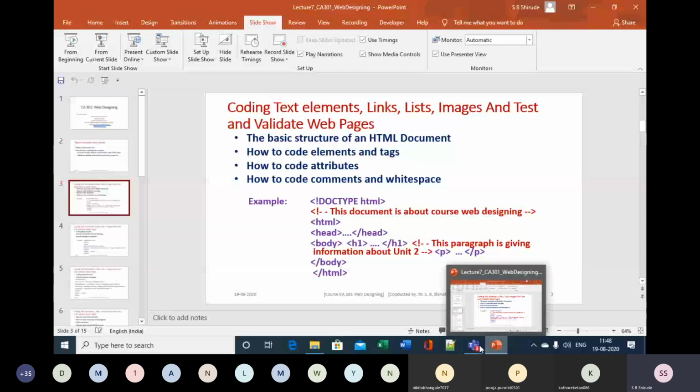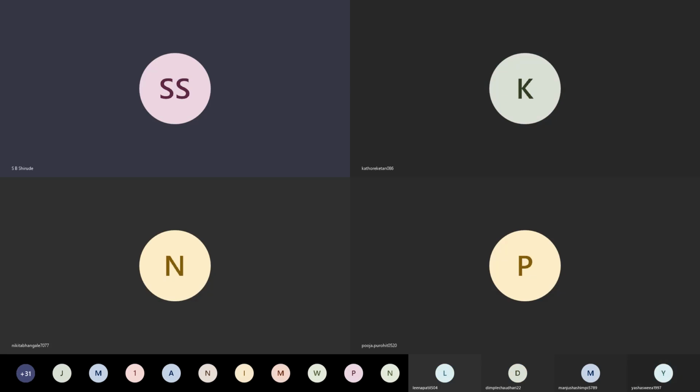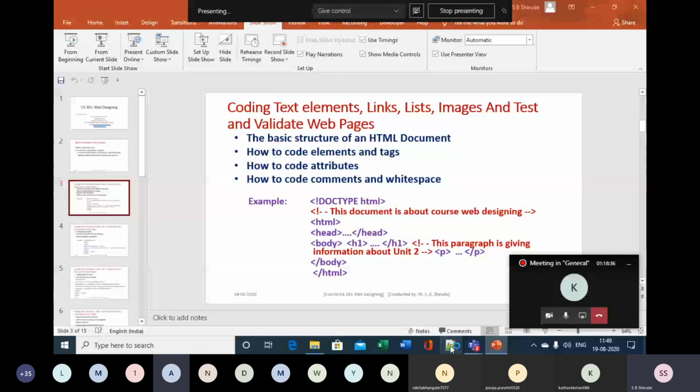Yes. Okay, so let me share a notepad with you, and in that we are going to type the sample web page. Let us share, and from the desktop I will open one notepad file. Just create a new notepad. Is everyone able to see this notepad? No, ma'am.